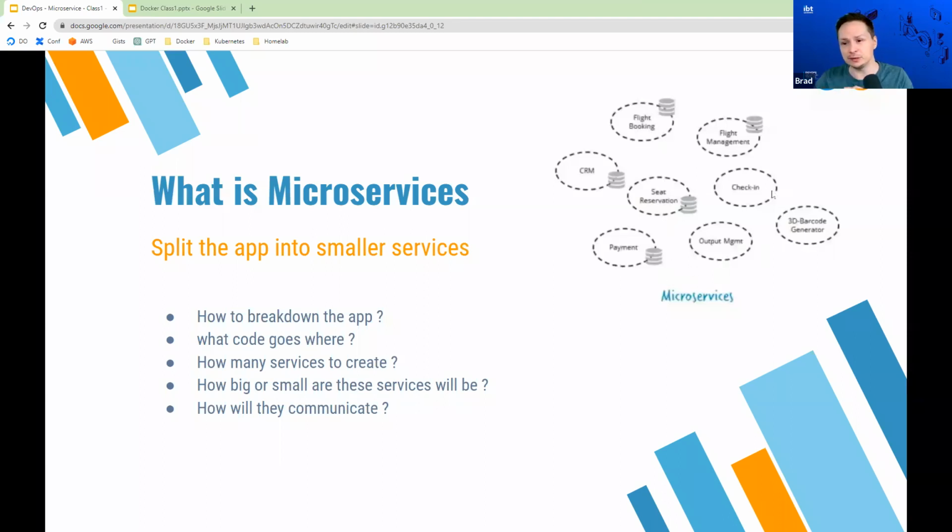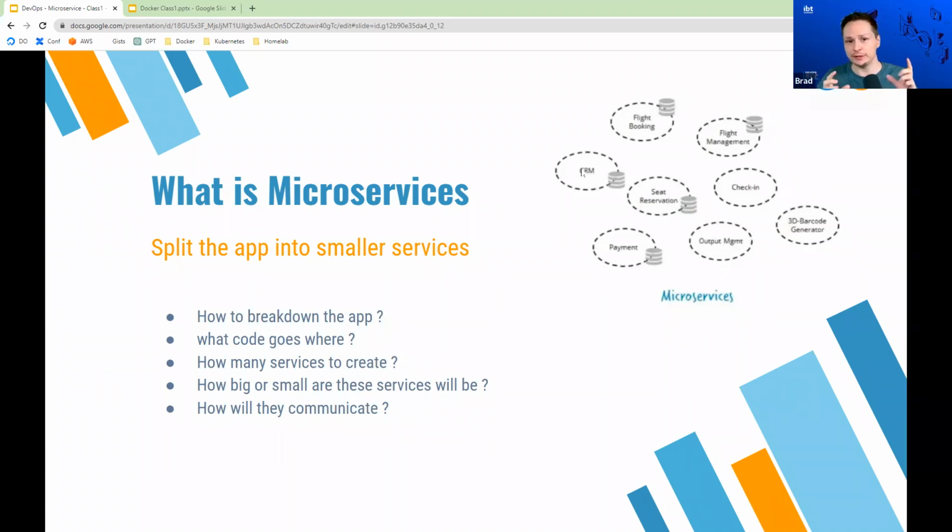That is a big component when it comes to microservices, the actual communication between the services, and that's one of the complexities that comes with microservices, right? We're simplifying the code base for each of these services, but we're adding more complexity in how the services talk to each other.